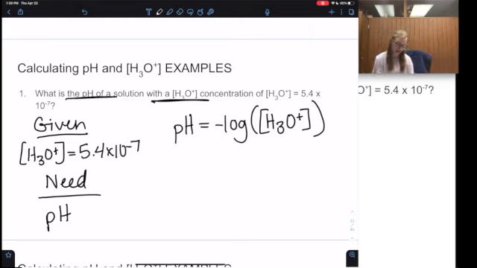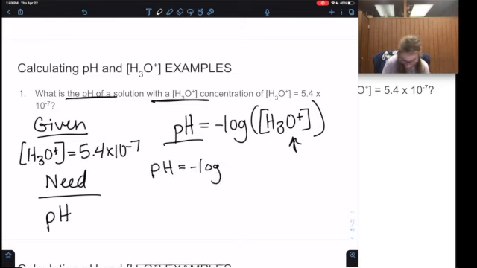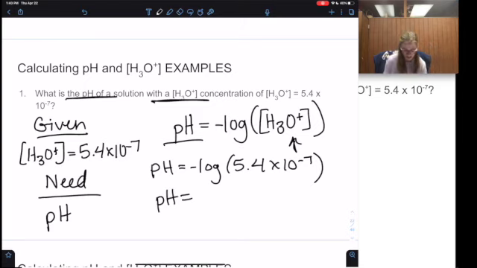This is going to help me calculate pH, and I'm given that value, so I'm going to plug it in. So pH equals minus log of 5.4 times 10 to the minus 7, that concentration of H3O+, so that then I can say that the pH equals